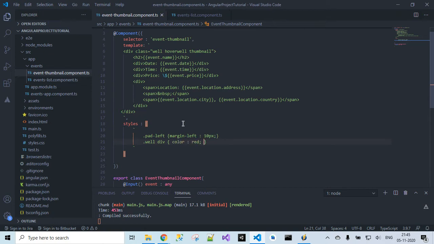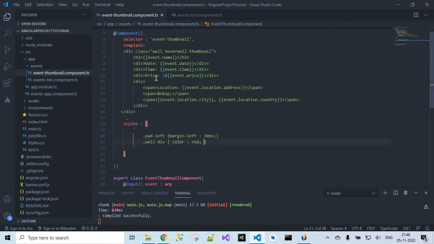Okay, so this means that whatever element has the class well, for example this div is having class equals well, and inside well, all the div elements, whatever div elements we have inside this div, for all of them this styling will be applied, meaning color red.